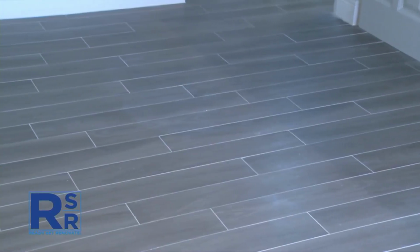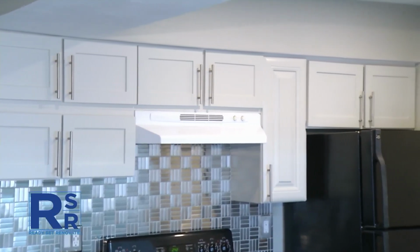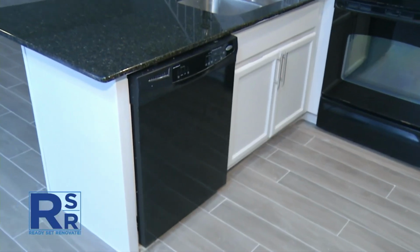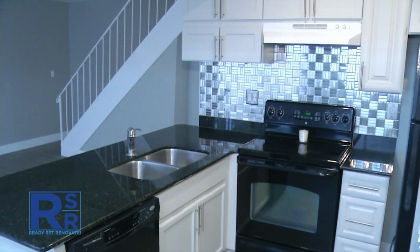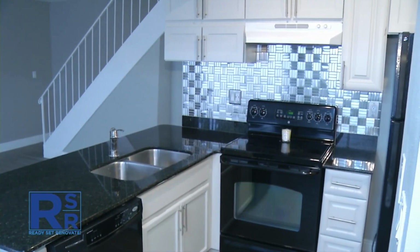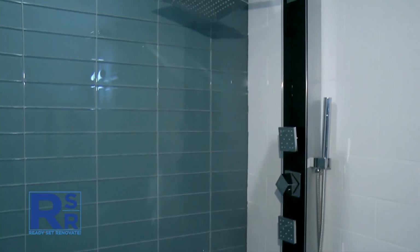Meanwhile, Elizabeth removed the popcorn ceilings, and workers laid the porcelain tile in the main living area. The kitchen cabinets got a fresh coat of white paint and an upgrade on the appliances. The original timeline of a few weeks turned into 3 months. But Elizabeth hopes taking the extra time to fix the master bath issues and add some glam touches will be